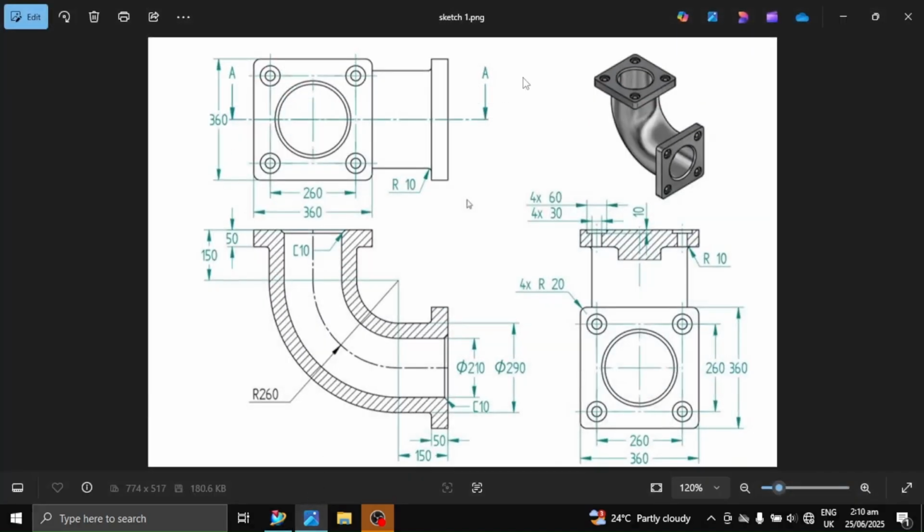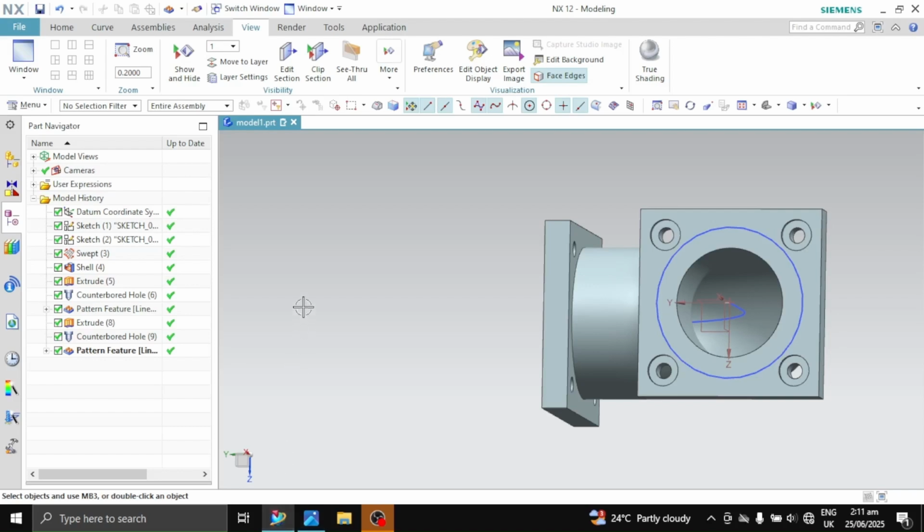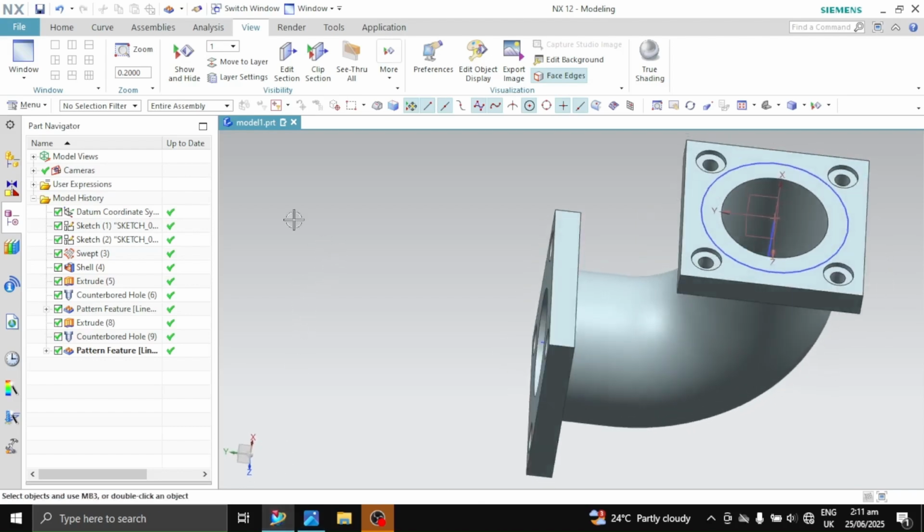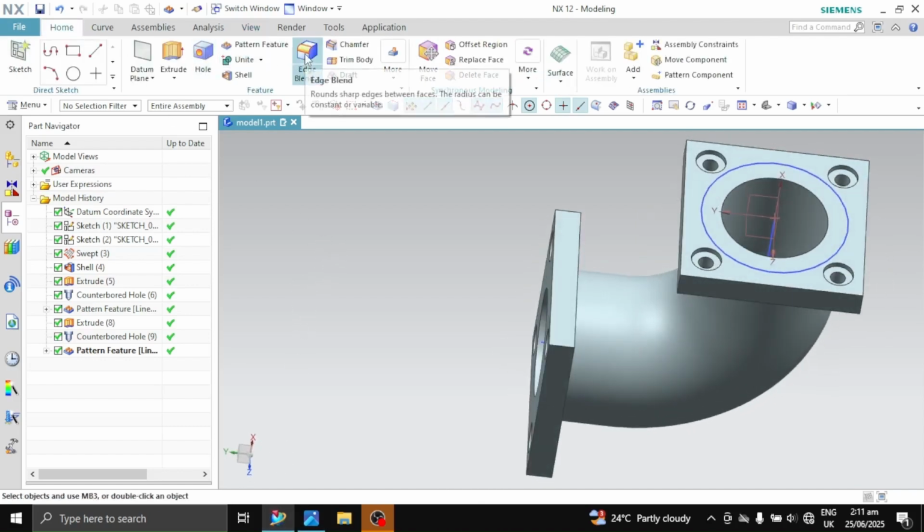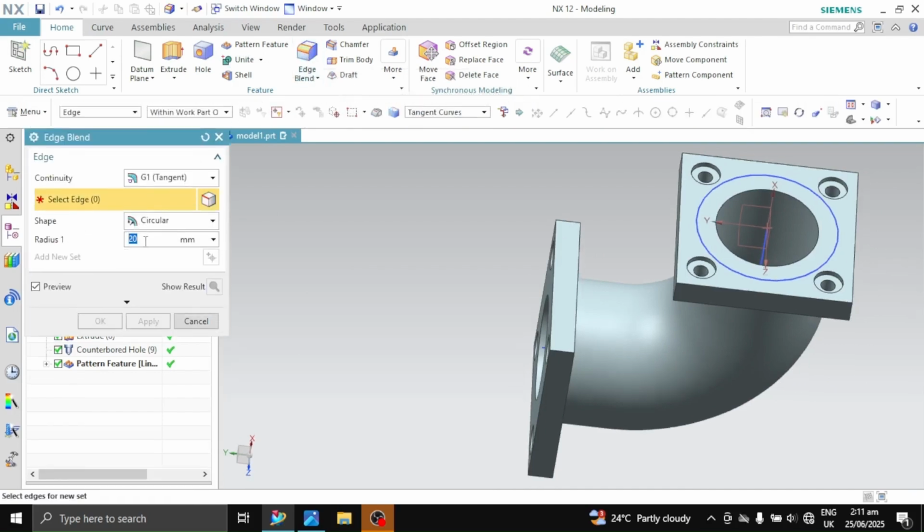Next thing we'll do is to smoothen these edges, with a fillet radius of 20 millimeters. So we use the edge blend feature. So select the edge blend. The radius is 20 millimeters.